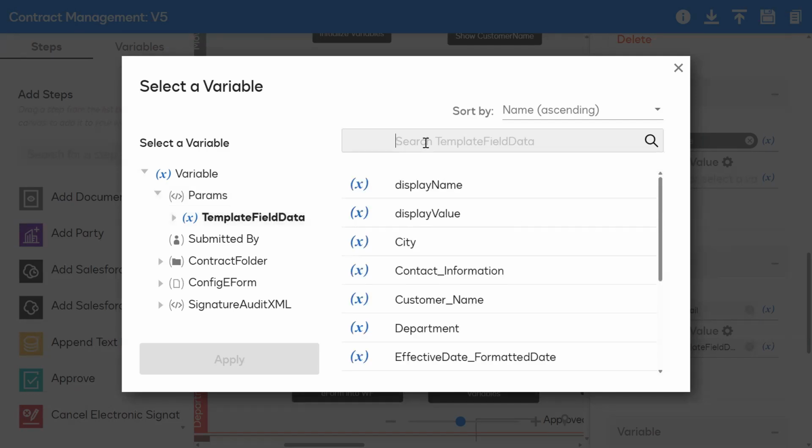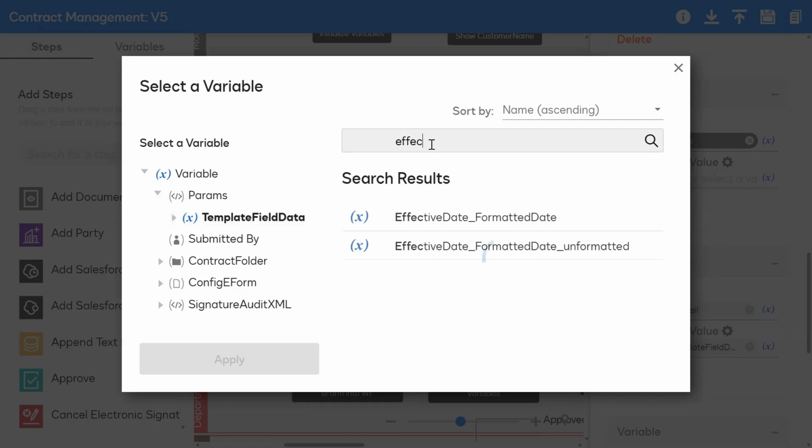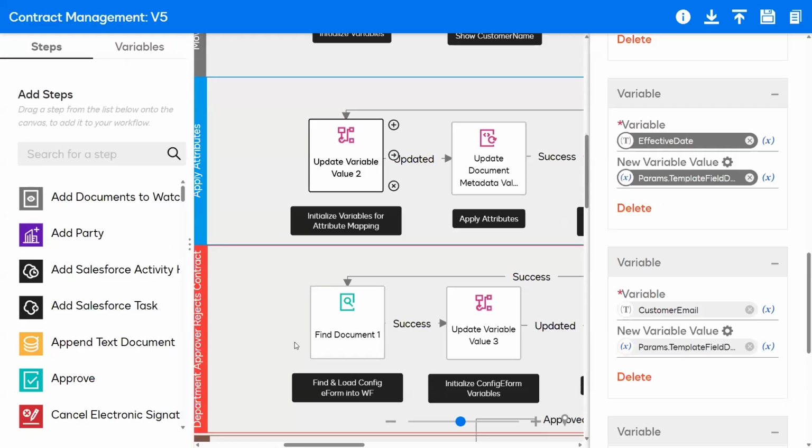Then we can search for effective date as a node. We want the formatted date version. When you see the icon, click, get a green tick, and apply. That's your method for setting up the effective date container so that it reads from the XML. Navigating XML nodes to configure workflow steps ultimately enables us and CLM to manipulate data for workflow automation.